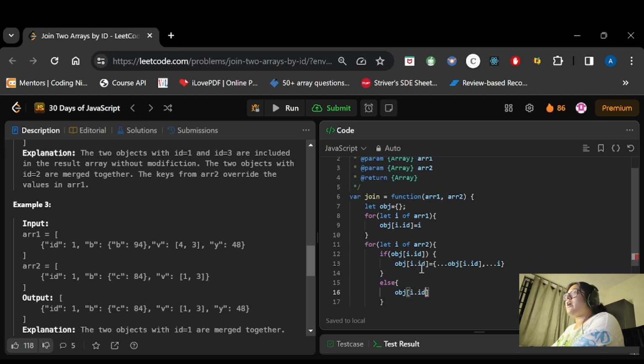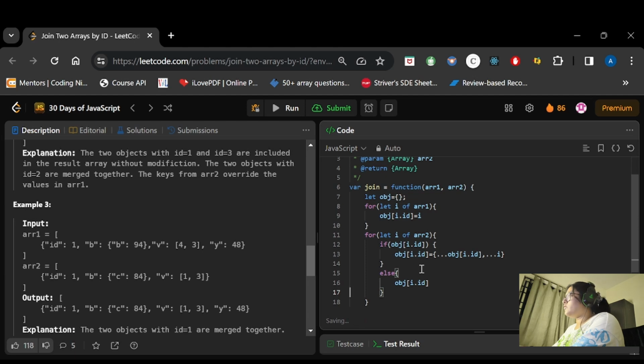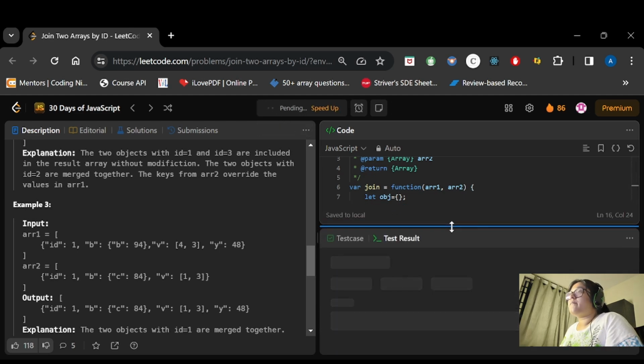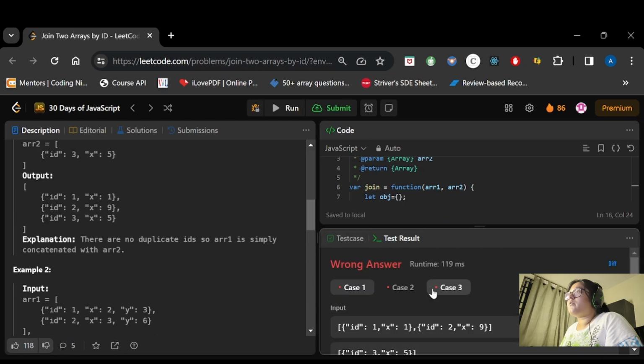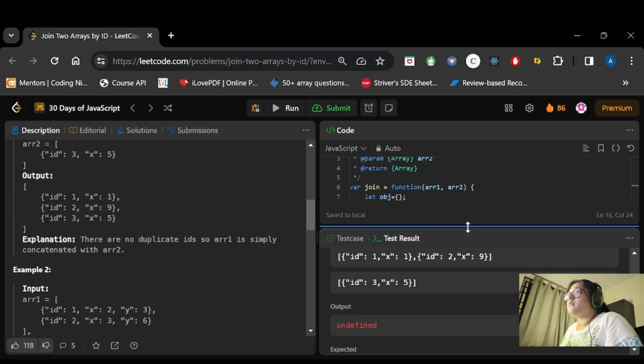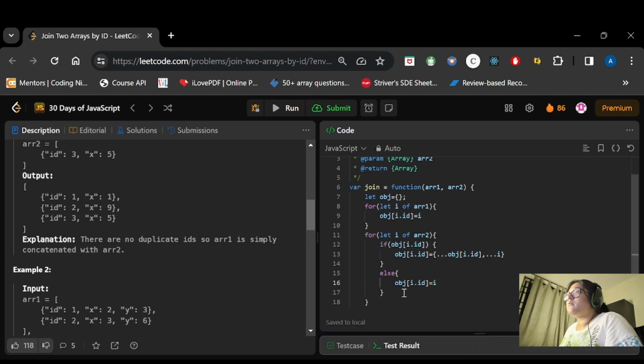Here I am using an if else condition. We can also use a ternary operator. I will show that also. First let's try to execute this. Something is wrong here.